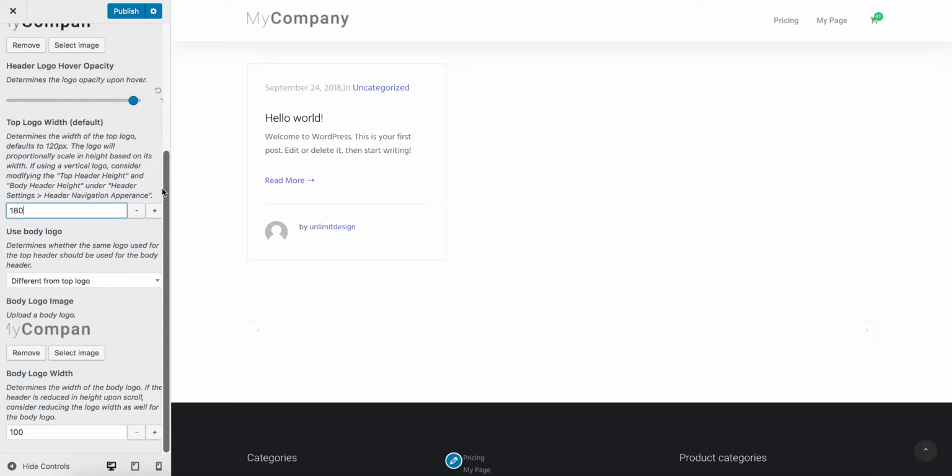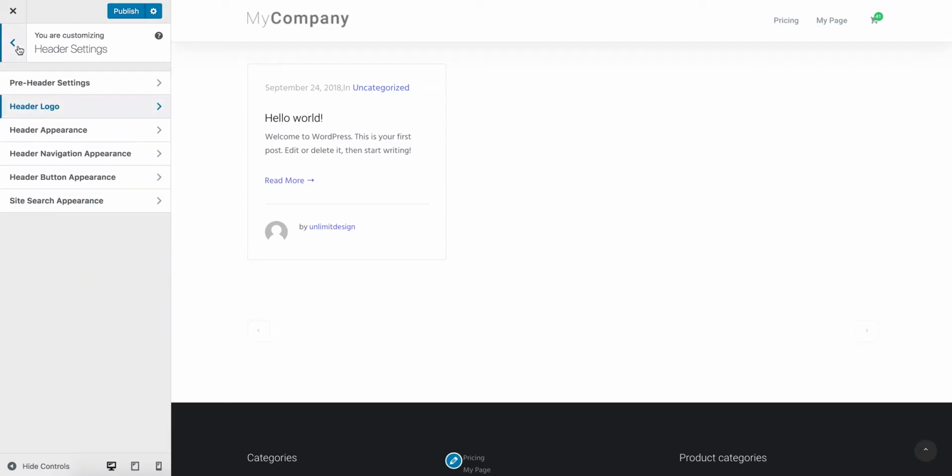Now if we scroll down here, we can see that the body logo width, however, is set to 100 or 120, which is the default. But that's not kicking in yet. And the reason for this is that we have to set a threshold at which the body logo width should kick in. So in order to do that, we head over to Header Settings again, and we go down to